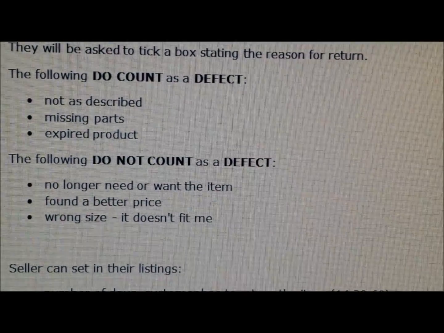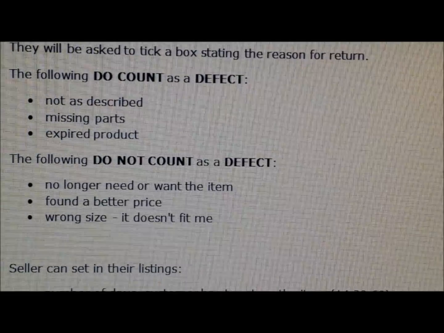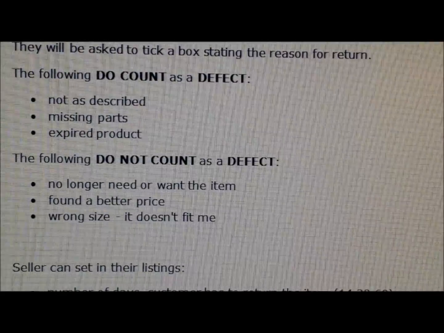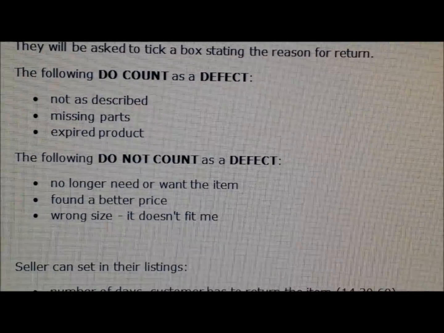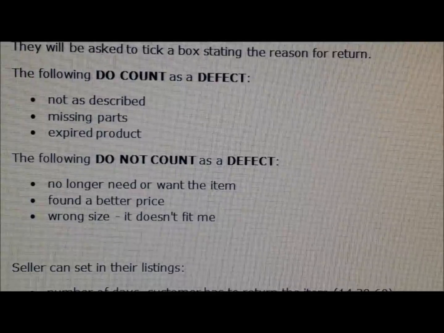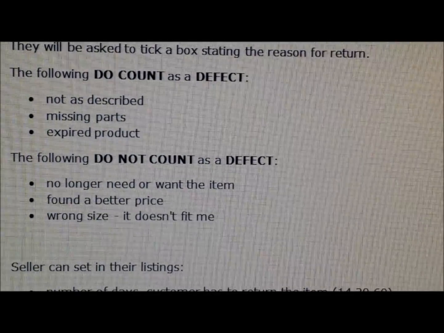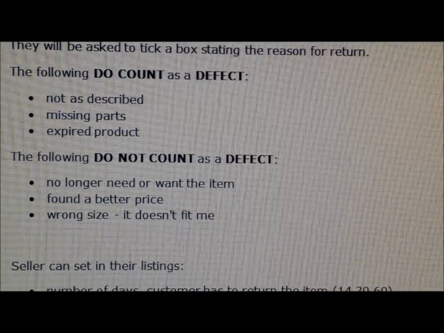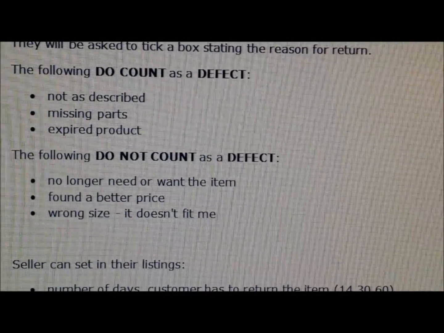And since I mainly sell clothing, in my opinion, it benefits me to be in the hassle-free return program because they can just tick the box, the wrong size, it doesn't fit me, or they found a better price, which I know a lot of sellers don't like, but that is the reality, again, my opinion, of selling clothes online.